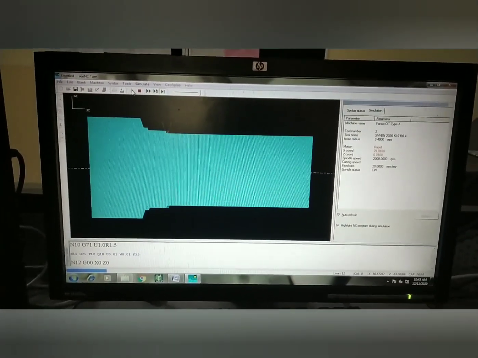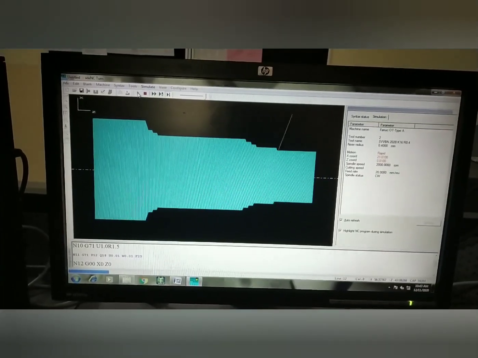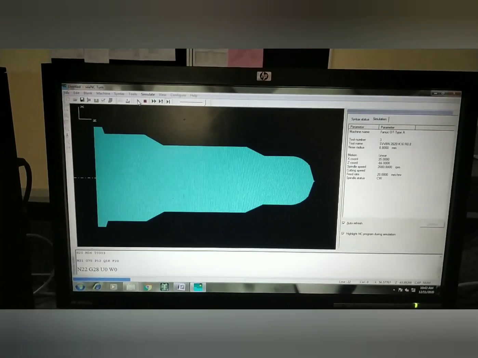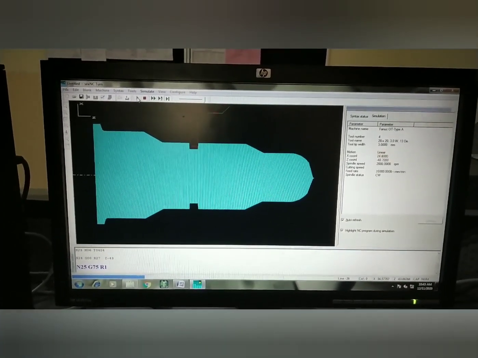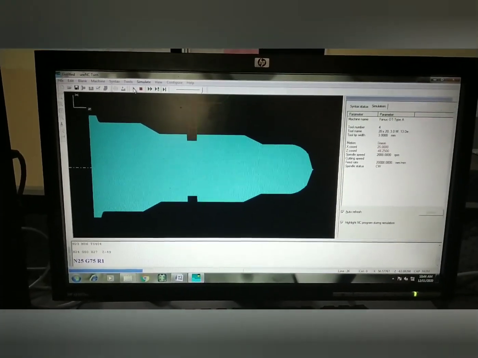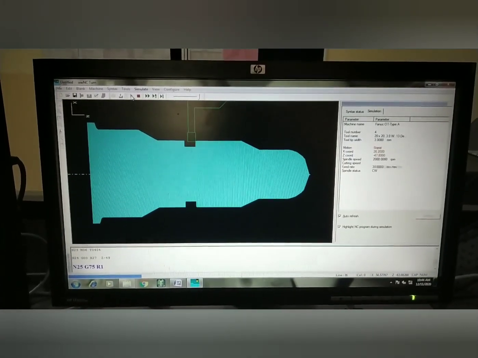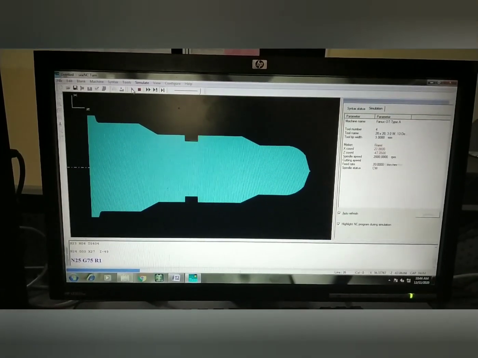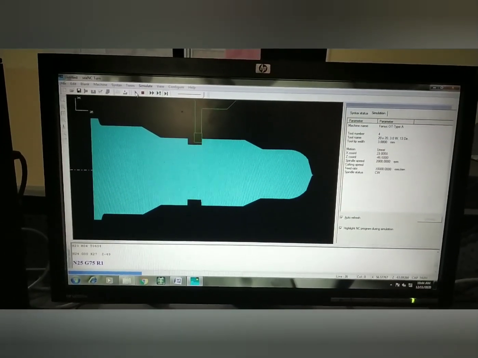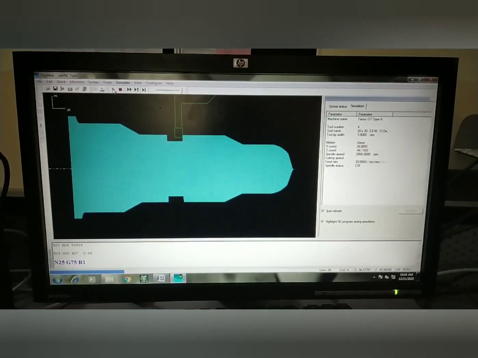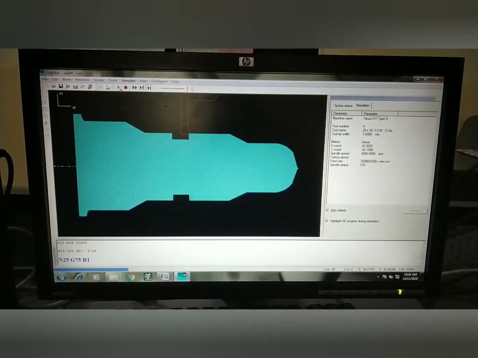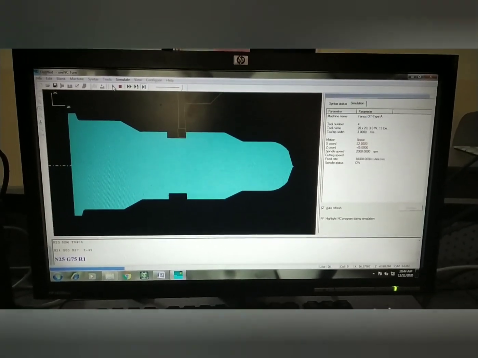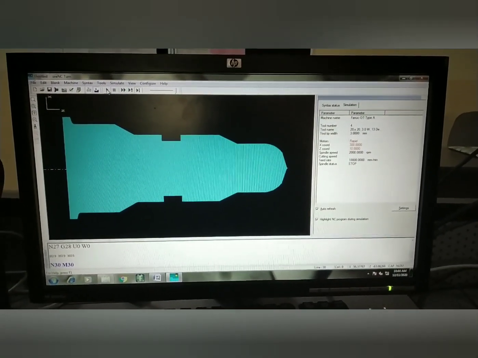You can see now the step turning operation is carrying on. After step turning, finishing operation. After finishing, the grooving operation. Okay, this is the required geometry.